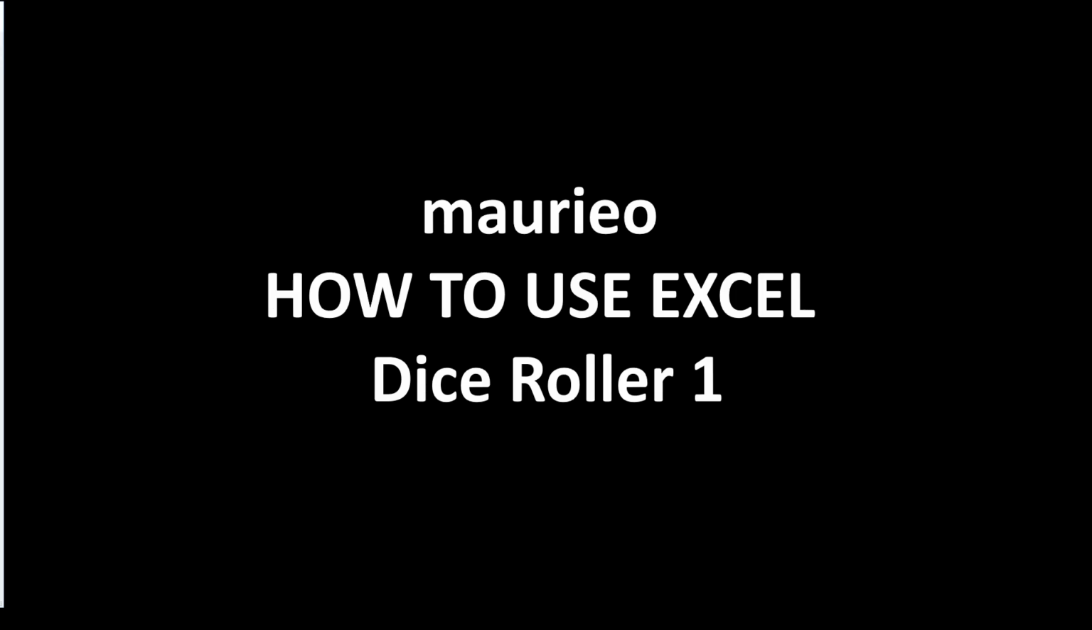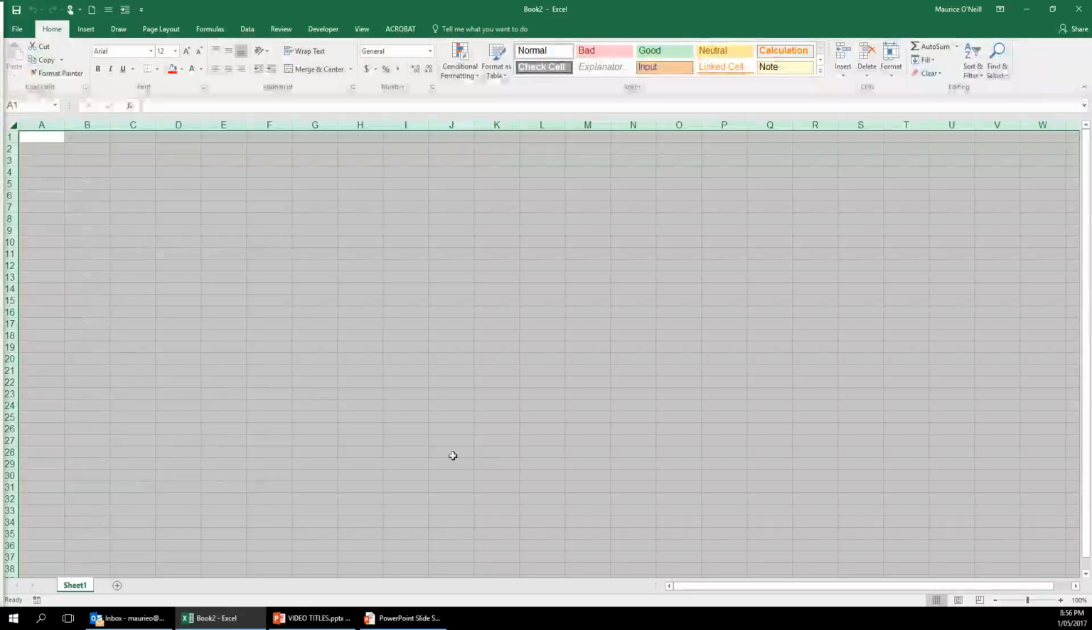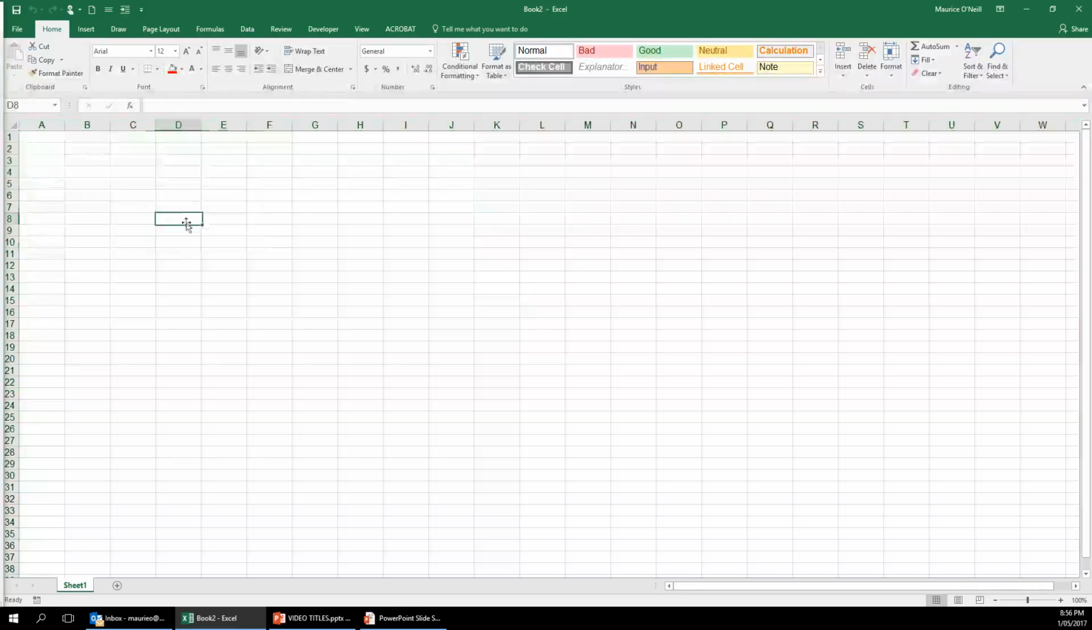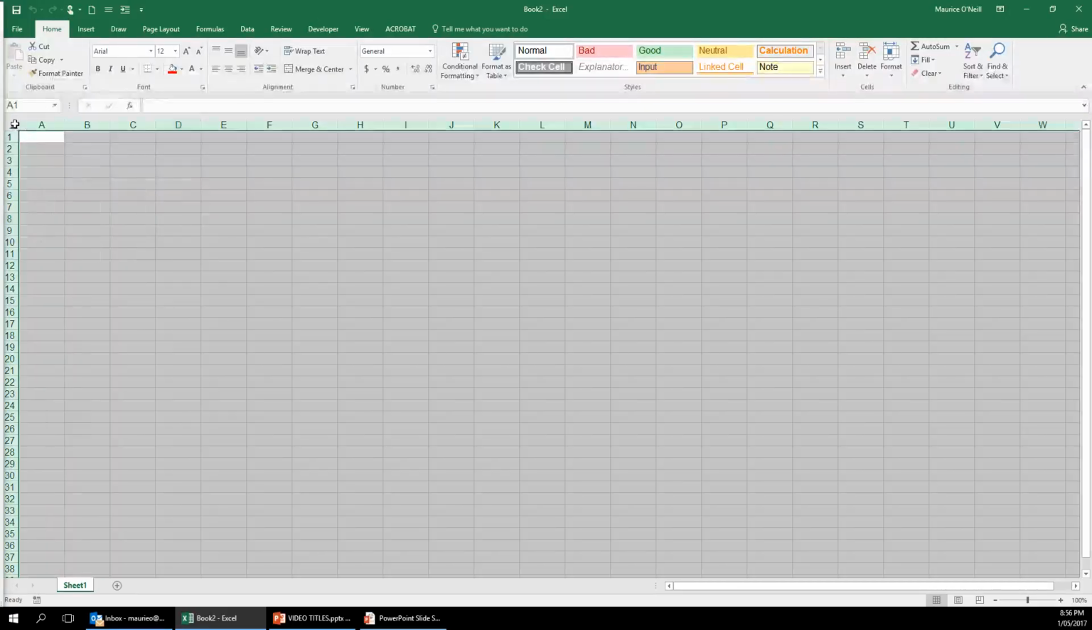And I'm going to get a new book. So here's the new book that we've got here. And this is what we're going to start with. So this is a brand spanking new one. So the first thing I'm going to do is set up some dice just to get it started. And the way I'm going to do that is I'm going to try and make the cells on the